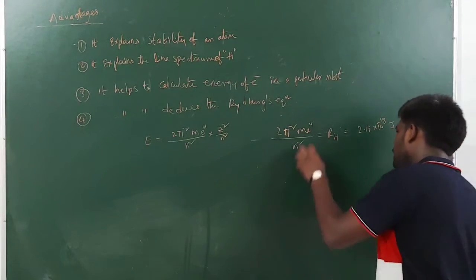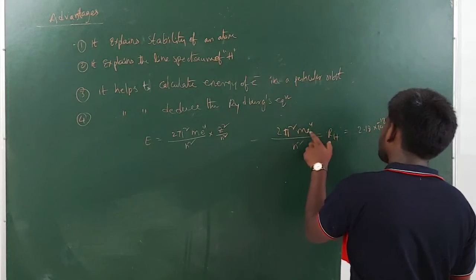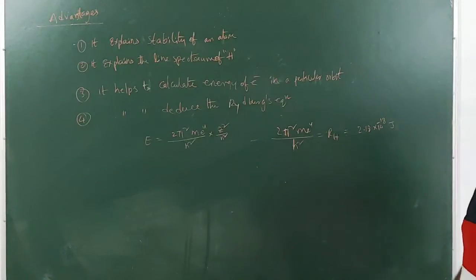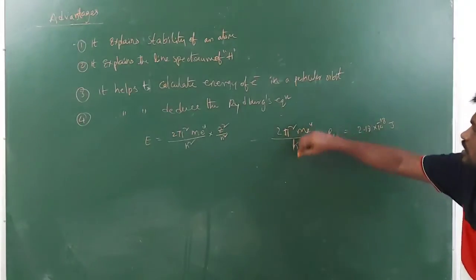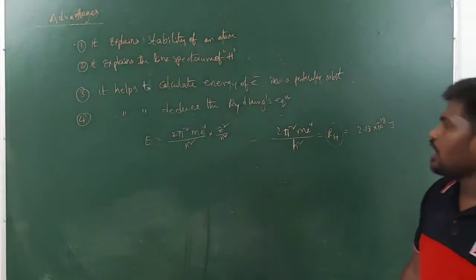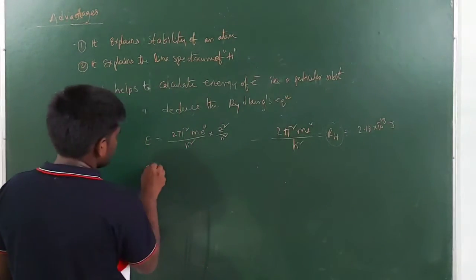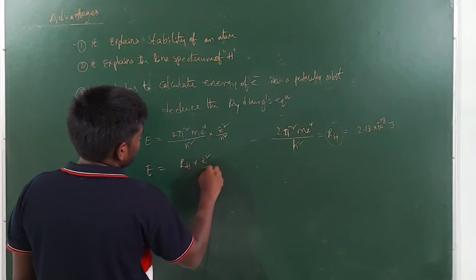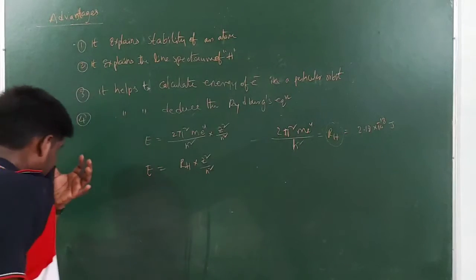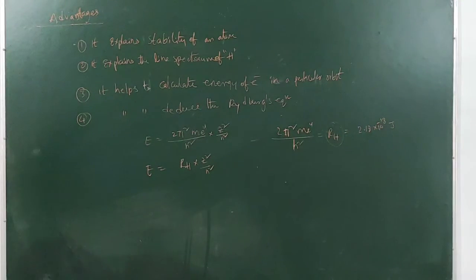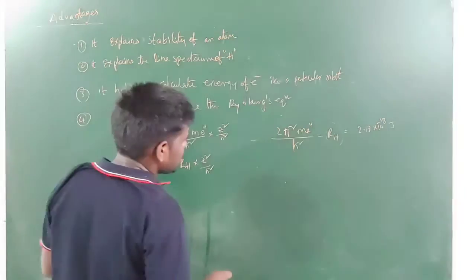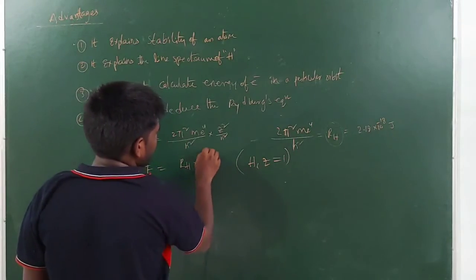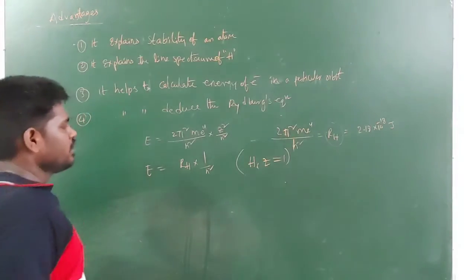If you substitute all the values of pi, m, the electron charge, and h square, Planck's constant, you will get this value, guys. However, let me take all these constant terms as a constant value RH. You substitute RH here. So energy is equal to RH into z square by n square. So now here we are talking about the hydrogen atom. Therefore, for the hydrogen atom, z value is equal to 1. So here you can take 1. So energy equals RH into 1 by n square.